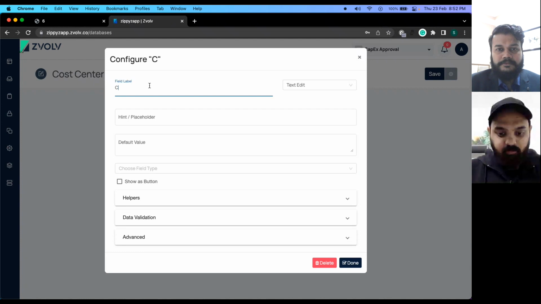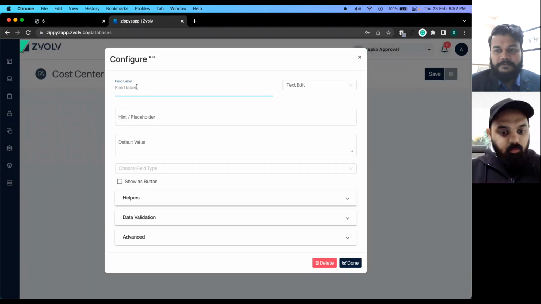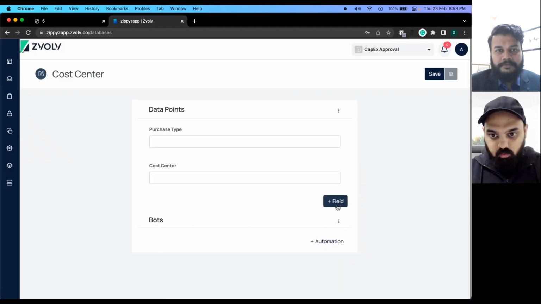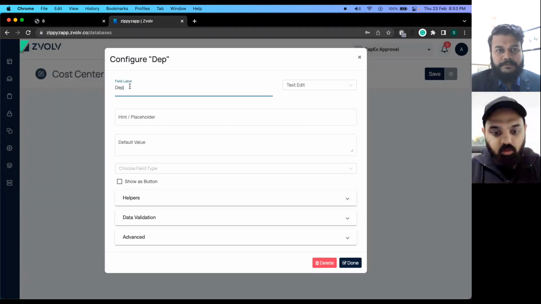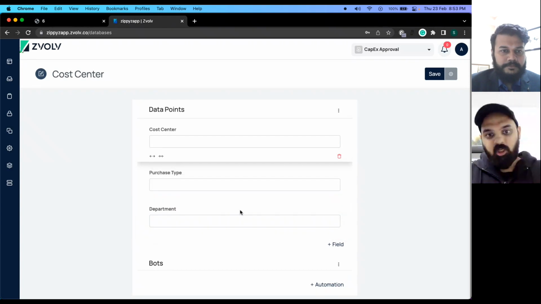Let us just say cost center, spend type, purchase type, department. And I can rearrange them, reorder them.